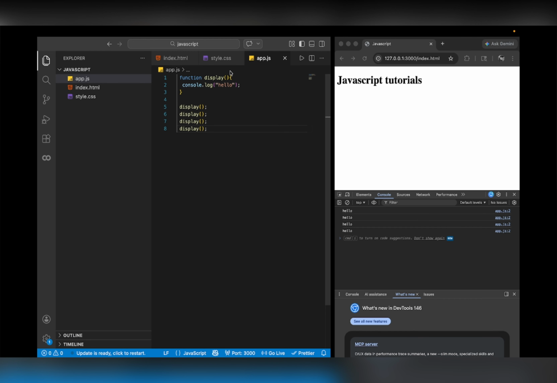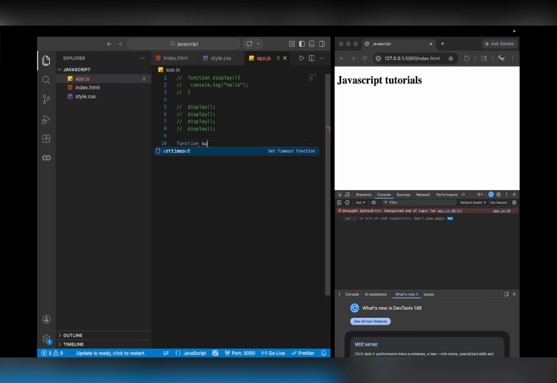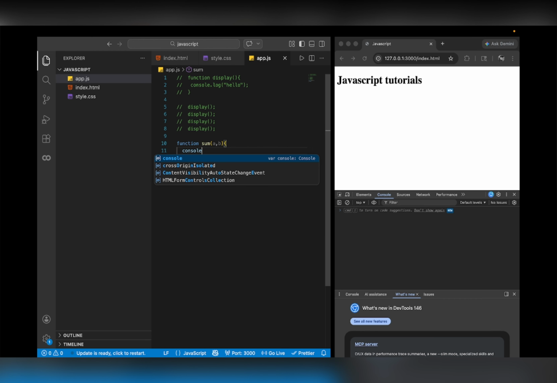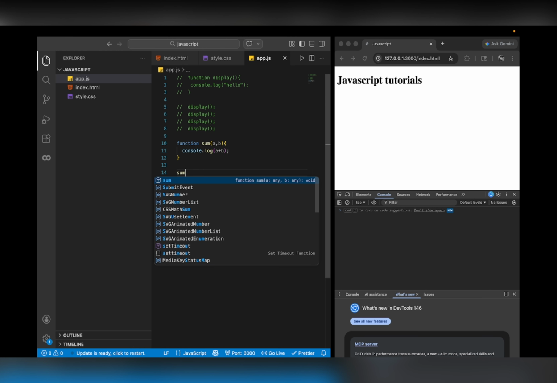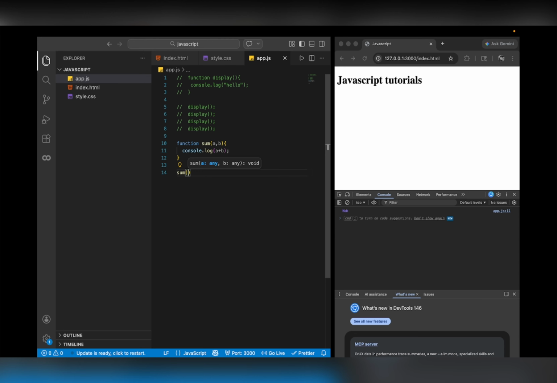नाउ हम लोग पढ़ेंगे कि फंक्शन में वैल्यू कैसे पास करते हैं, पैरामीटर्स का यूज फंक्शन में कैसे होता है। इसको अभी हम लोग कमेंट आउट करते हैं। लेट्स स्टार्ट विद फंक्शन सम। अब हमें सम करना है किसी दो नंबर्स को, तो हम लोग इसमें पास करेंगे दो पैरामीटर्स। लेट्स से a एंड b विल बी द पैरामीटर्स, और रिटर्न क्या करेंगे? सिंपली वी विल प्रिंट console.log a प्लस b। अब हमें फंक्शन को जब भी कॉल करना है तो सम के बाद इसमें दो वैल्यू पास करनी पड़ेगी। जैसे हमें सम करना है 3 एंड 6। तो आप यहाँ पे देख सकते हैं, इसका वैल्यू 9 प्रिंट हो चुका है।